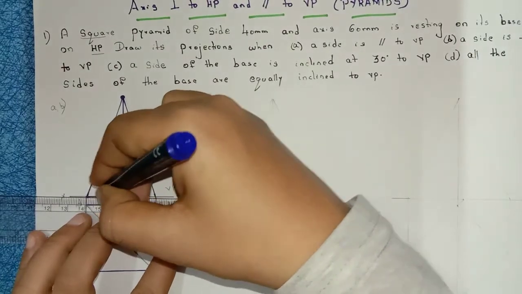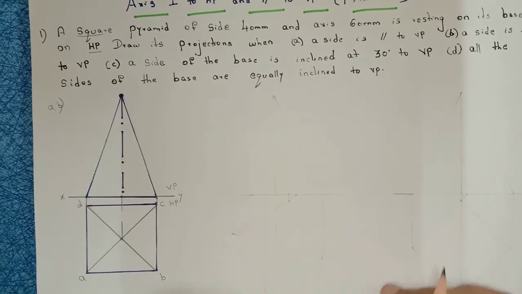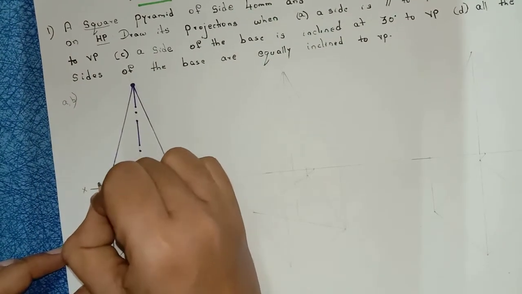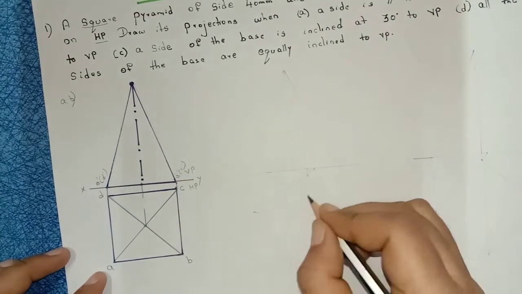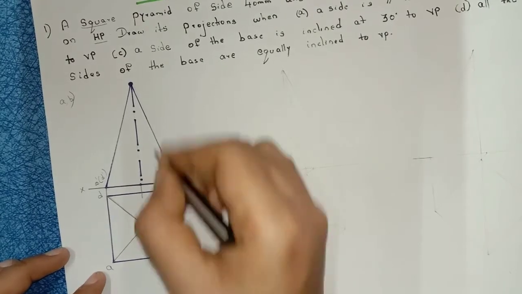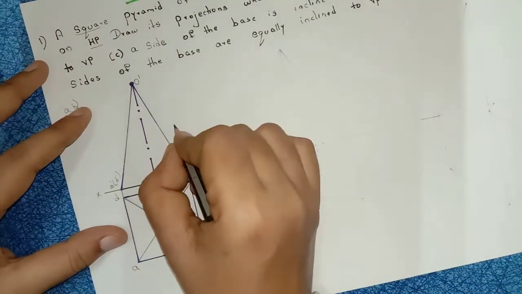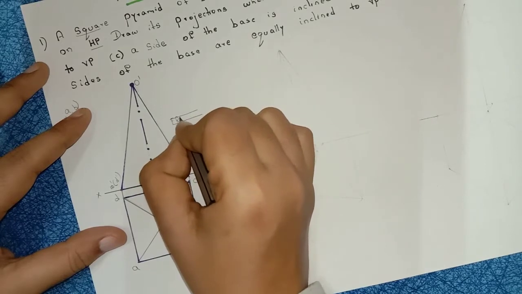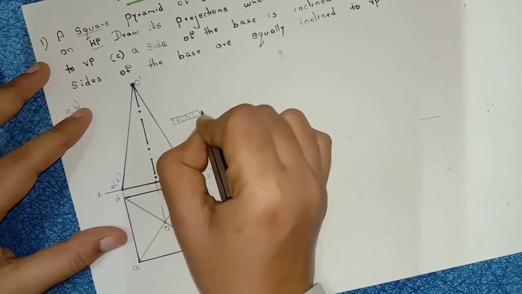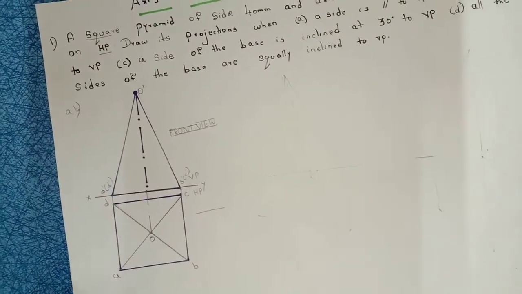When you see the pyramid from the front view, you can see only a triangular part. So what are the point names here? A dash D dash, and here B dash C dash. I am taking this point as O, and this point here as O dash. After completion of your problem, take a height of 5 mm and write down, this is your front view. And this is your top view. Okay, I will write it in a straight manner.